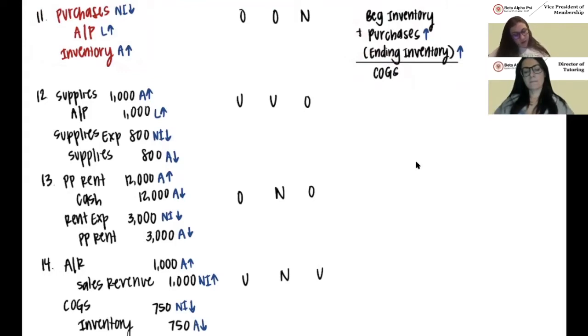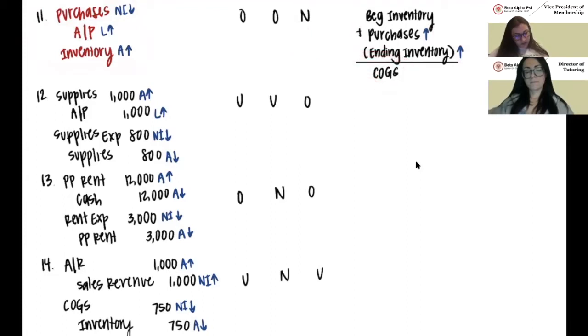So looking back at what they recorded, they increased their purchases, which would have increased COGS. They also increased their ending inventory, though, which would have decreased COGS by the same amount. So by increasing it with a positive effect and increasing it with a negative effect, there would have been no effect on COGS, which translates to this with